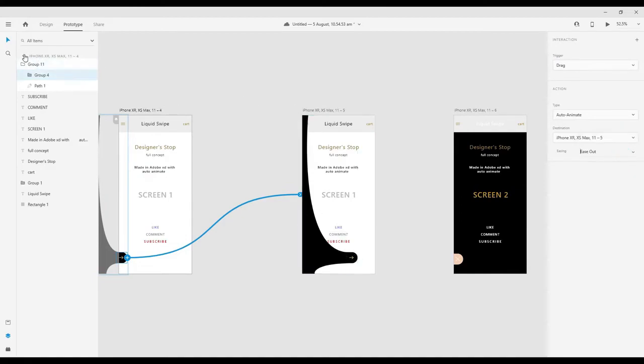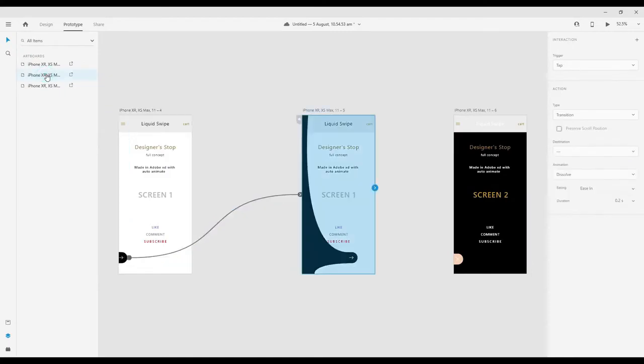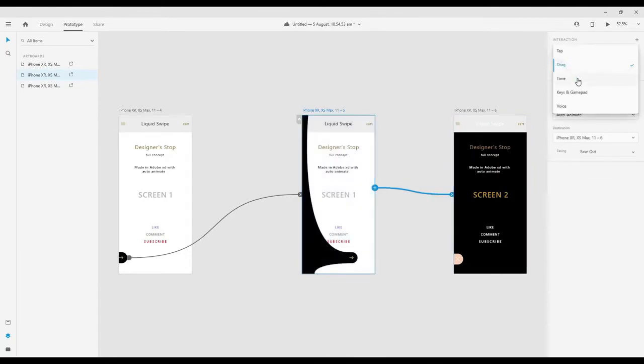Then go back, click on artboard second and drag this to artboard third, and then select time, delay 0 second, auto animate, ease out and let it be 5 seconds.